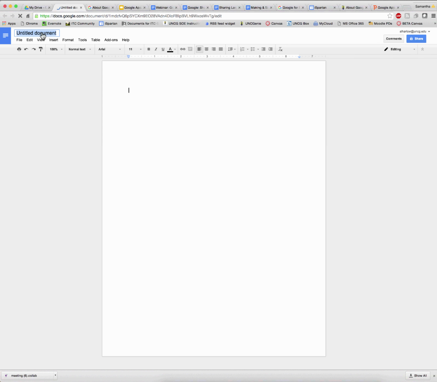Here you can name it. And you can just start working within it. So if you want to invite in collaborators or share for people to view what you're working on, it's the share button up here on the right. So every Google Doc or thing you create within Google Apps is automatically created to be private. So if you're ready, if you want to start sharing it for view or for editing, click this button